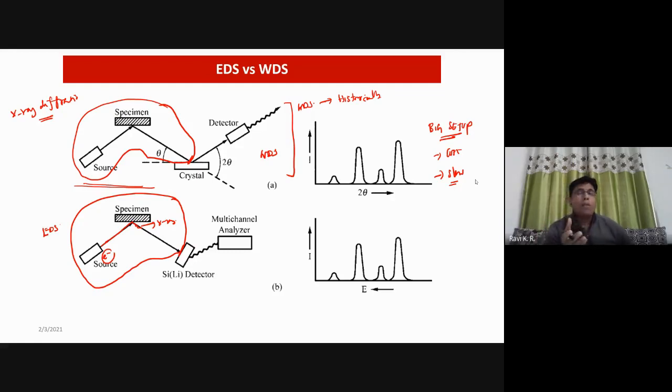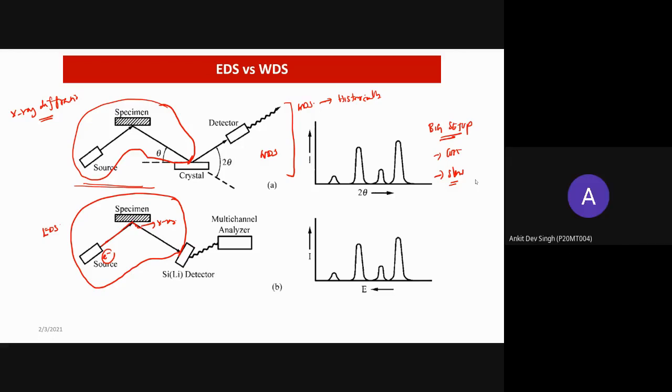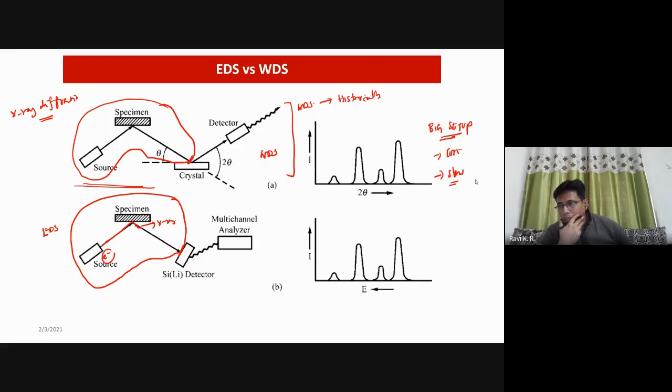You are running like 5 to 6 X-ray patterns. I don't know how many of you have done XRD. How many of you have used EDS and XRD, and have seen how people do EDS and XRD? Any idea how much time it takes to get an EDS signal? Sir, I have used it. How much time approximately does it take?